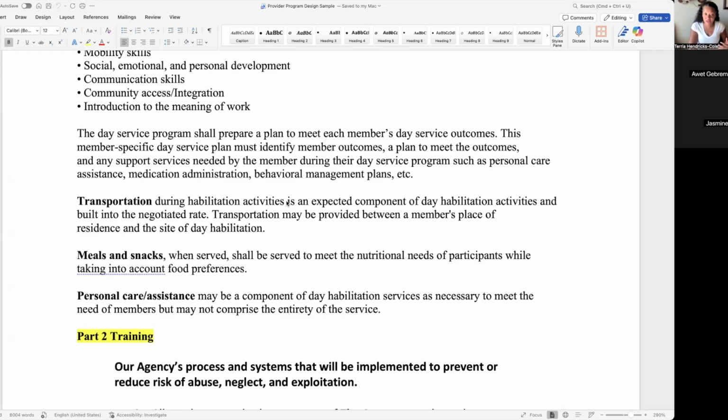So the 1 to 3 is for higher functioning clients that don't require behavioral supports or medical supports. The 1 to 2 are for clients that need behavioral and medical support. When I say medical supports, possibly medication administration, they're a fall risk, they're a choke risk, or they need some type of support with a feeding tube when they're on site. Those are the 1 to 2s. So there should only be two rates that you're looking at, the 1 to 3s and the 1 to 2s. That's what I saw at least.